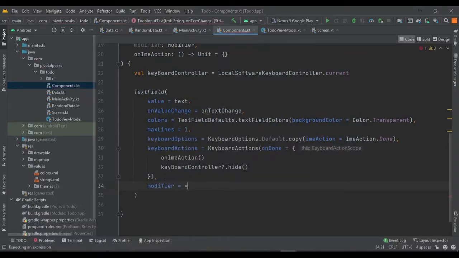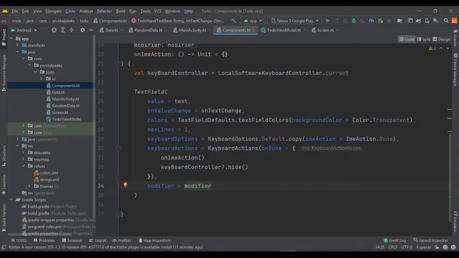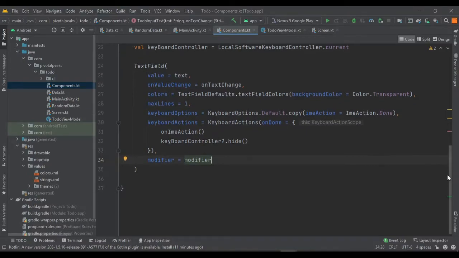So modifier equal to, then we are going to assign it to modifier dot double, and I think we are done with the text field. So that was our function for text input.